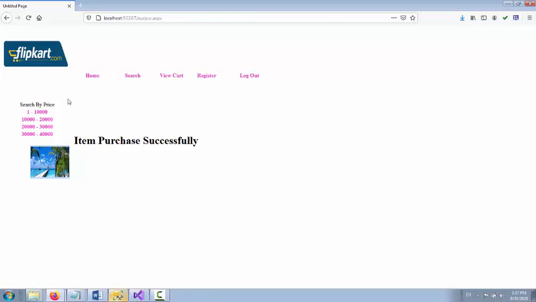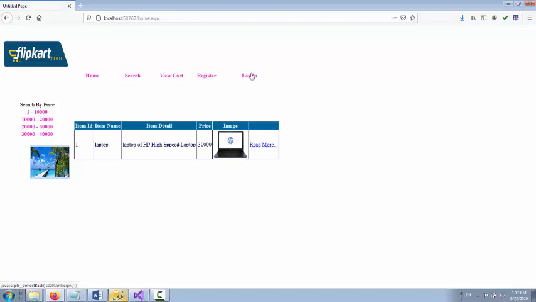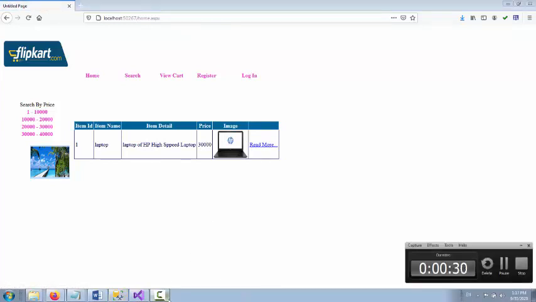eShop management system. Yes, it is fully database oriented. In this particular application you can add, insert or delete the record, and you can also filter the items, and you can also add a particular item into the cart. You can also add the item name, item description, price, image, and all this particular thing.